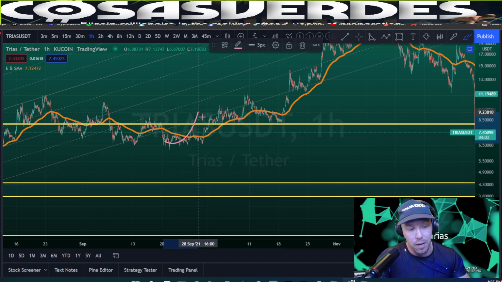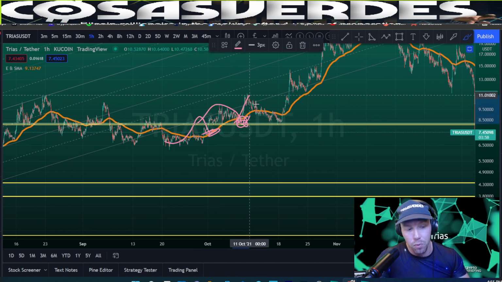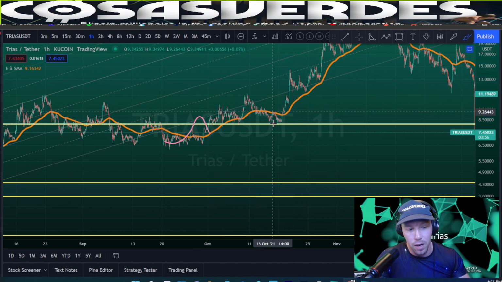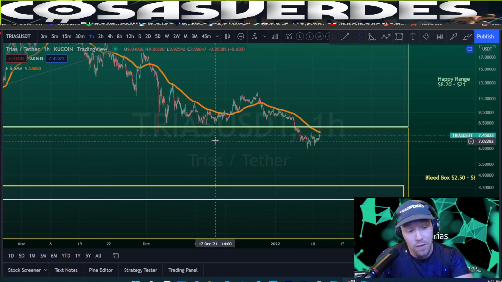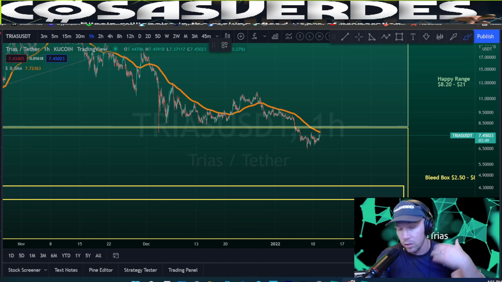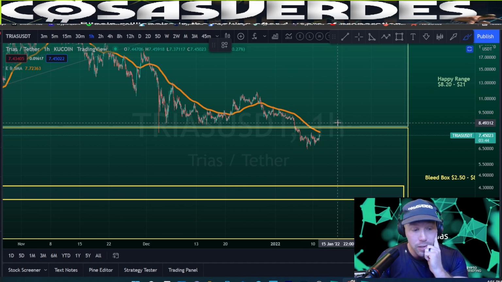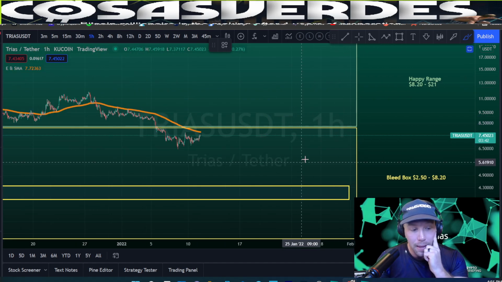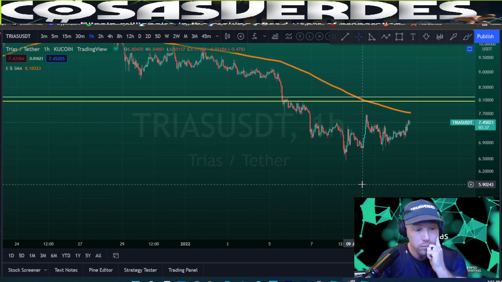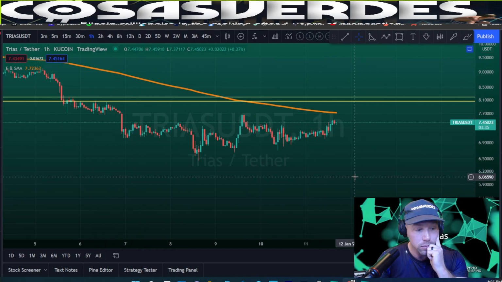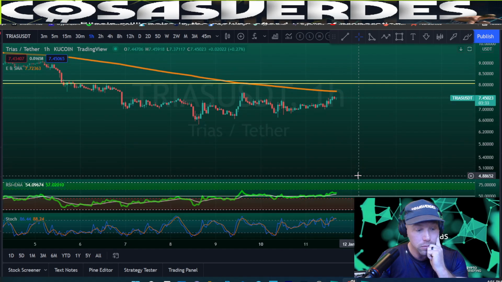I would wait until it got above, use it as a support, maybe try to get in some here, try to get in a little bit more on the next support, and then wait for a bigger move up, and then sell into the daily 200. So personally, if I wanted to accumulate this, and I held all Tether right now, for example, in that hypothetical scenario, I still wouldn't be interested in buying it. And if I did, I would set tight stops. I wouldn't buy it right now still, so no, I wouldn't do it.